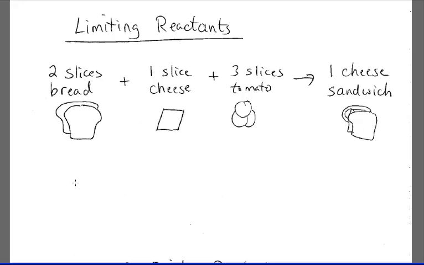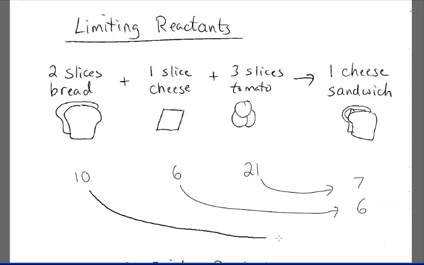All right, so let's say that we're making a whole lot of these. We're making a production line of cheese sandwiches to sell. And at some point we have left 10 slices of bread, 6 slices of cheese, and 21 slices of tomato. Now we can go through and for each of those reactants figure out how much product you could make. If you have 21 and you need 3 for each sandwich, then you could make 7 sandwiches according to the tomatoes. The slices of cheese, you need 1 for each, so you could make 6 sandwiches according to the cheese. And the bread would say, well, I need 2 of me for each sandwich, so I can only make